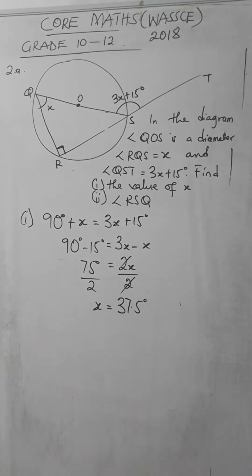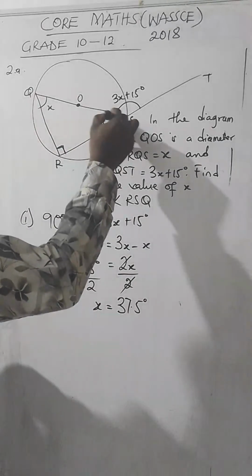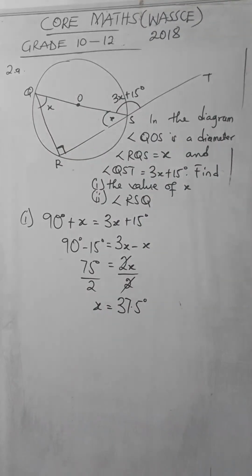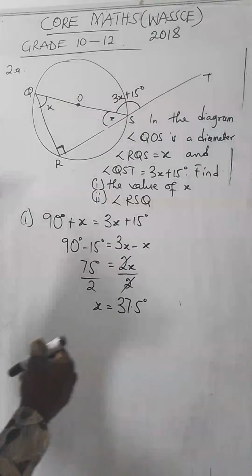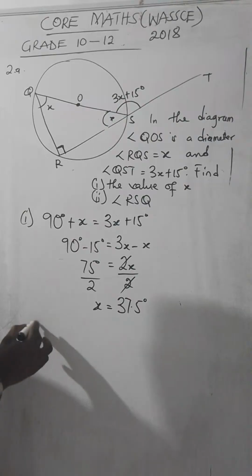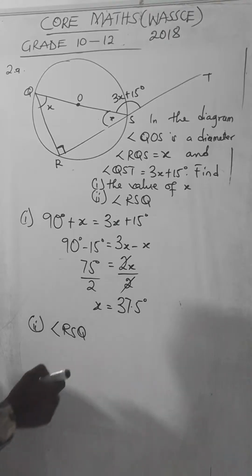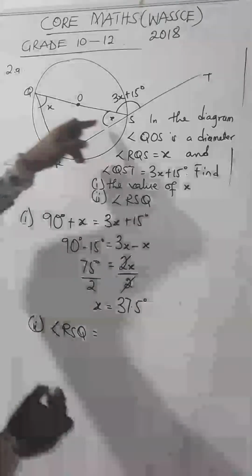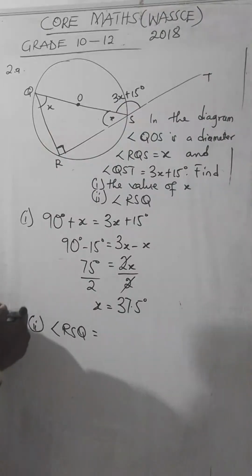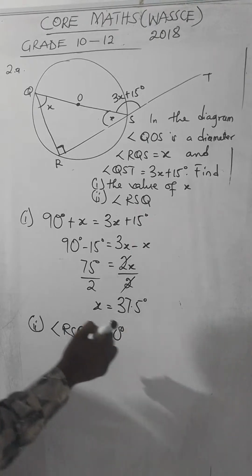Okay, then the next question is to find the angle RSQ. Angle RSQ, meaning the angle here. That's what we are supposed to find. So to solve that, we can see that this is a straight line. So we use angles on a straight line. So angle RSQ will be equal to angles on a straight line, which is 180 degrees